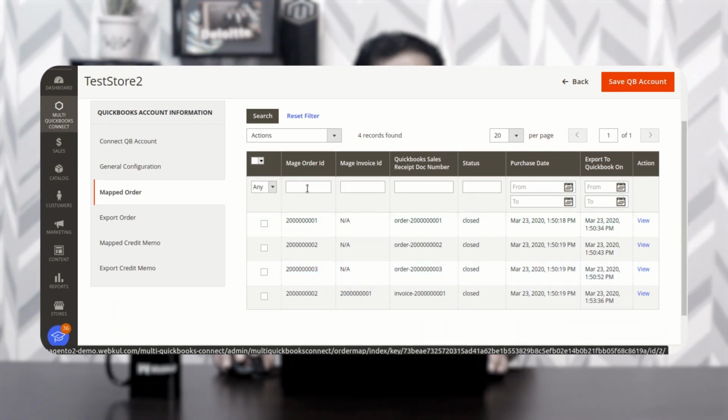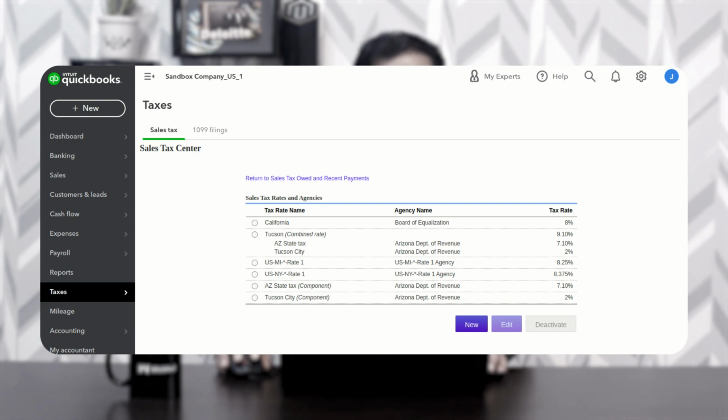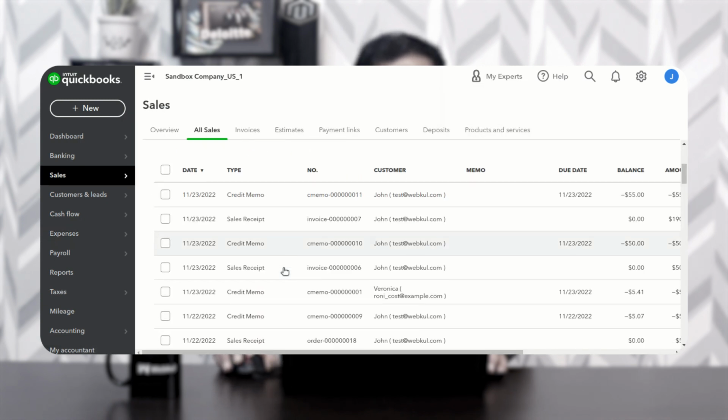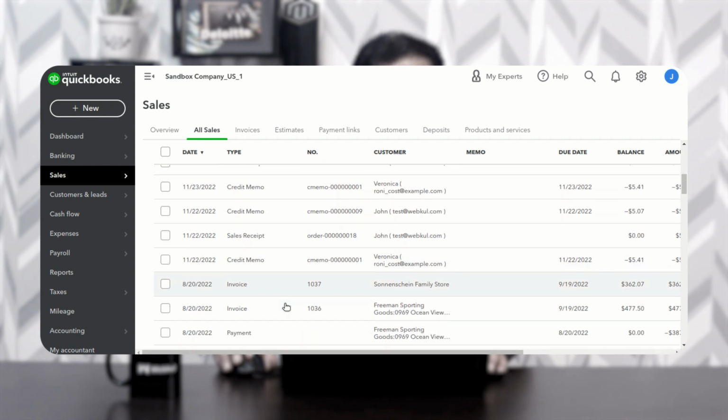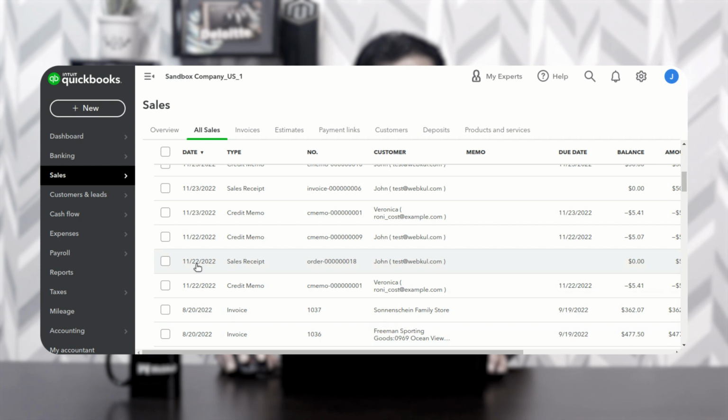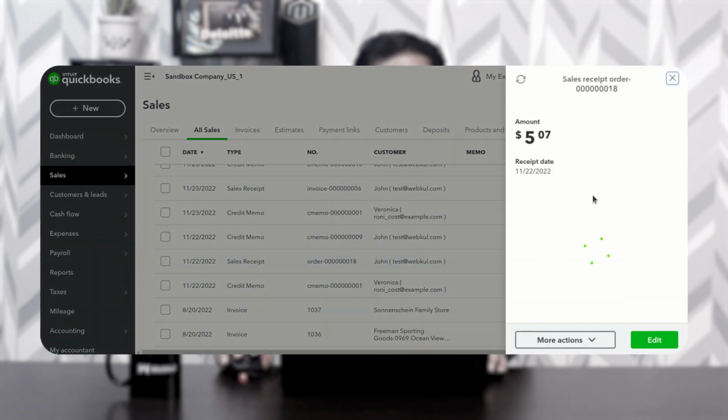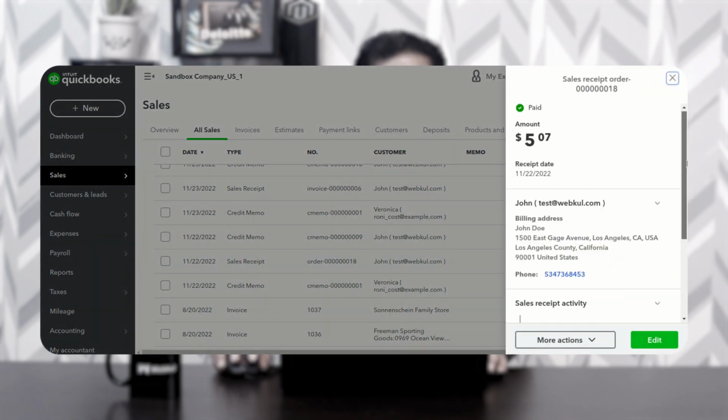And here you can see the Magento order ID, Magento invoice ID, QuickBooks sales receipt doc number, the status, the purchase date, and export it to QuickBooks on date. And from here you can also view the details of the orders as well. Now if I take you to the QuickBooks end here, you can see that, for example, if we check this particular one here, the sales receipt for 22 of this month, sales receipt for the order number 18 for the John Doe, we can also tap here and we can find the details of this sales receipt with the address